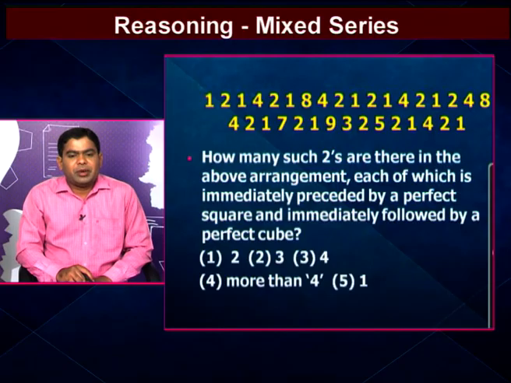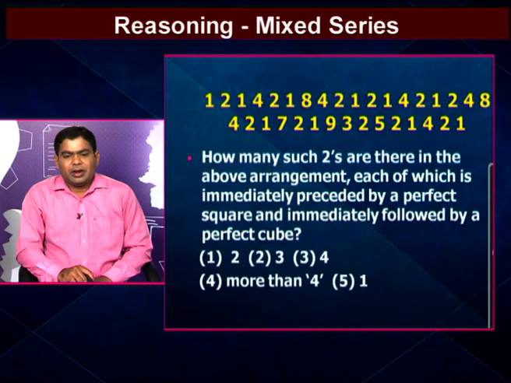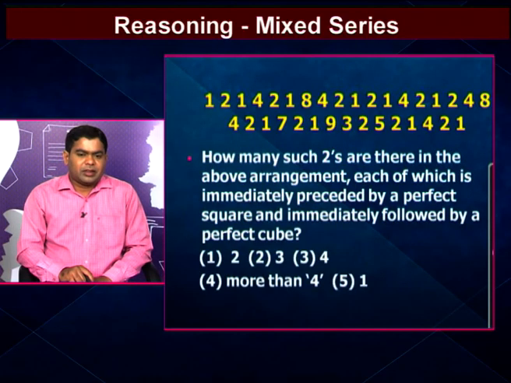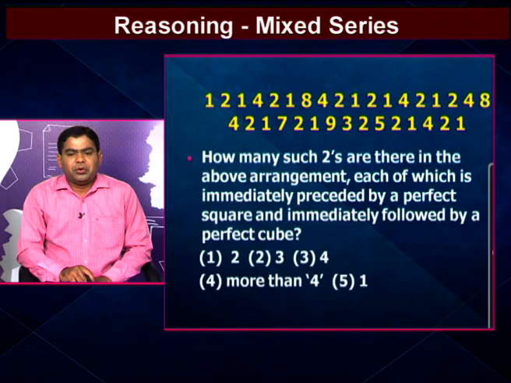This one is the number repeated series. Sometimes in different competitive exams, numbers are repeated. That's why it is called number repeated series. Before discussing the number repeated series, first of all we know the base concept for the numbers. So here even numbers, whole numbers, prime numbers, odd numbers. Even numbers are 2, 4, 6, 8, 10. Odd numbers are 1, 3, 5, 7 and 9 and so on. Prime numbers are 2, 3, 5, 7, 11, 13 and so on.